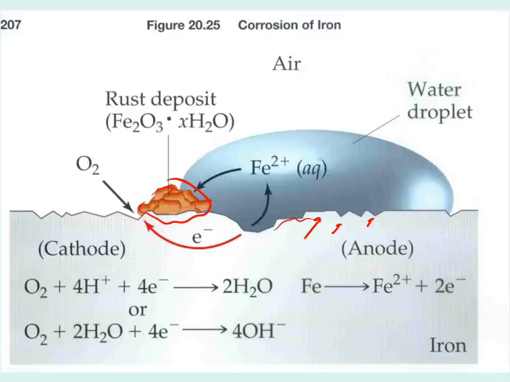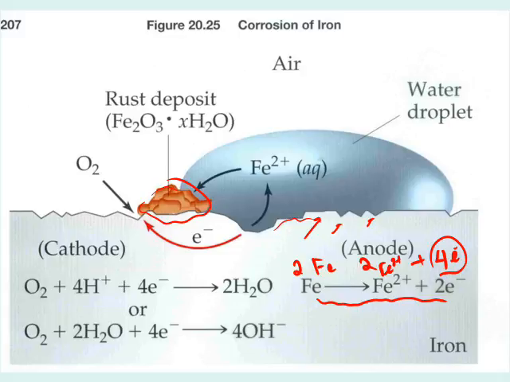Now, you need a water droplet. So say from rain, you got a water droplet, it's shown here. Iron becomes Fe2 plus and gives off 2 electrons. If you multiply this by 2, you basically have 2 Fe giving 2 Fe2 plus and 4 electrons. Okay, this is Fe, this is Fe2 plus. So what I'm trying to show you is these 4 electrons will be given off by this anodic reaction,